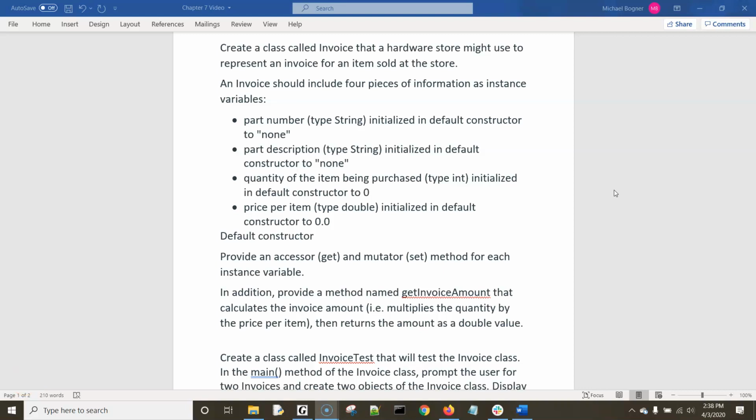Hello, what we're going to be doing in this video is we're going to create a Java class called Invoice that a hardware store might use to represent an invoice for an item sold at the store. An invoice should include four pieces of information as instance variables. The first one is part number, data type string, and we're going to initialize it to none in our default